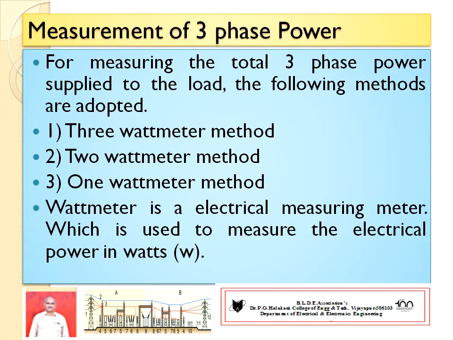The wattmeter is an electrical measuring meter. It is similar to an ammeter and a voltmeter. Ammeter is a meter which measures the current. Similarly, voltmeter measures the voltage in the electric circuit. In similar fashion, wattmeter is an electrical measuring instrument which measures the electrical power in watts or in kilowatts.